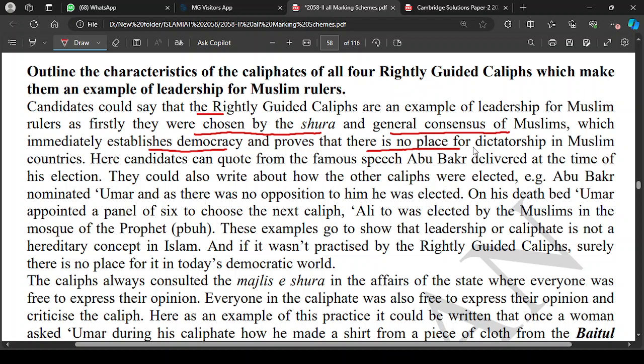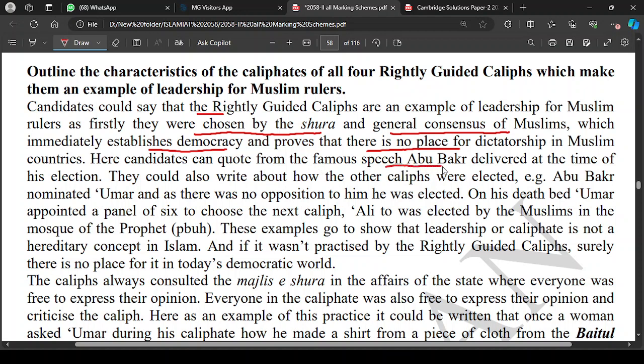These caliphs used to solve their problems, they used to solve their issues through mutual consultation, through discussion, okay, through democracy. ठीक है, advice लेकर वो करते थे. So they had set an example, and here you can quote a famous speech of Abu Bakr radiallahu anhu, that